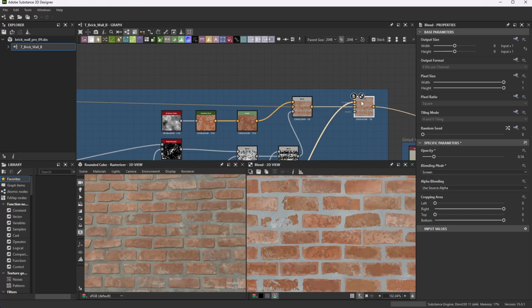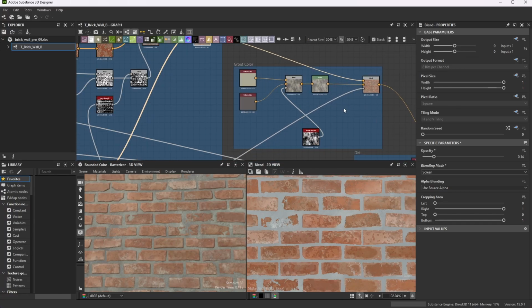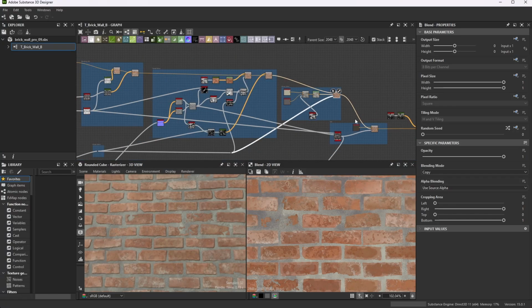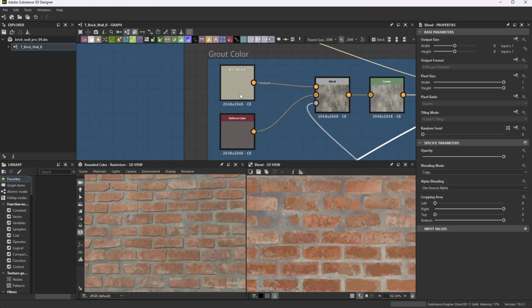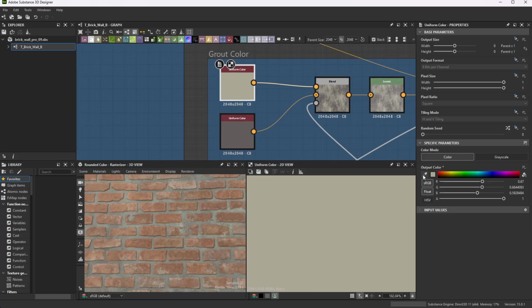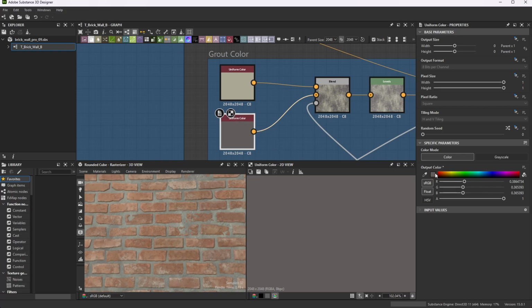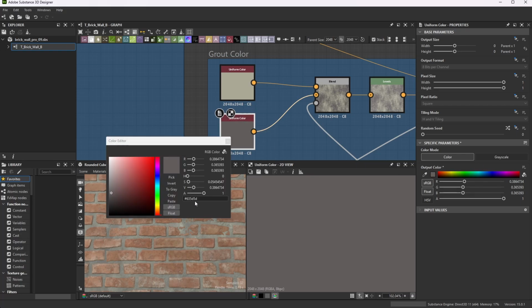So now we'll pull our detail wear into our grout color. Now we're going to finally add a color to our grout. Right now it's just this, and we're going to make it that. So for our grout color, we'll use a uniform color up here, and this one is set at the hex ABA997. And we have another one, and here's the hex, 635D5D. Just take those down. We'll blend those together